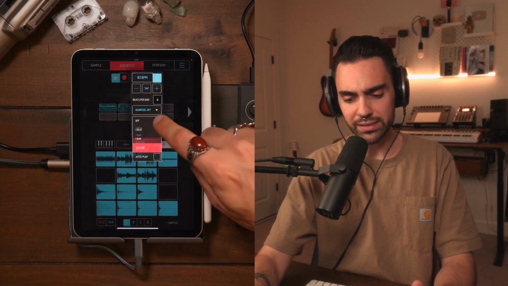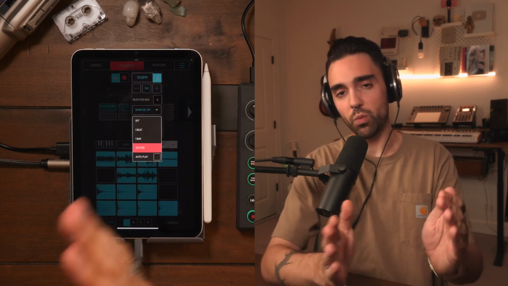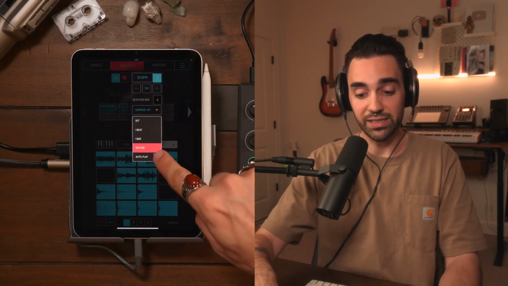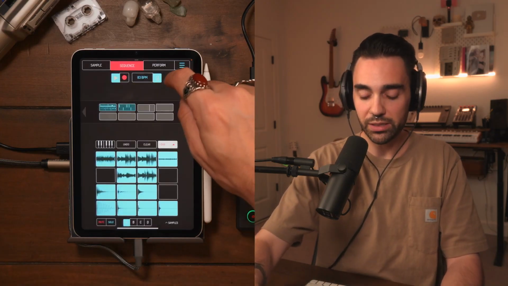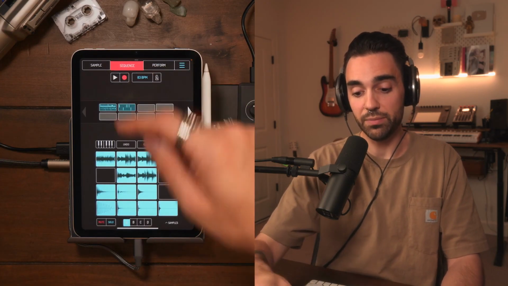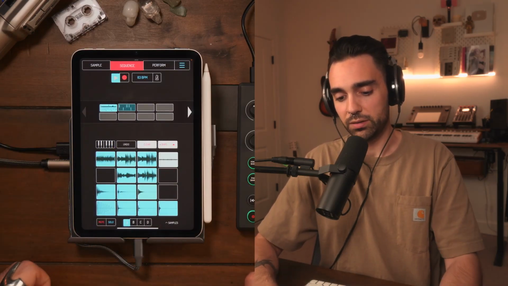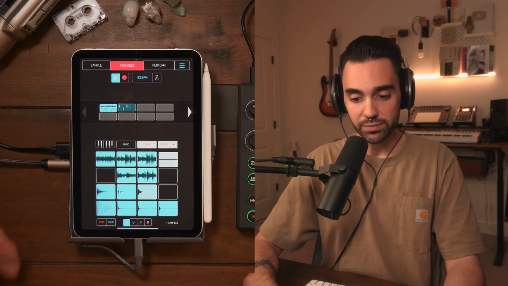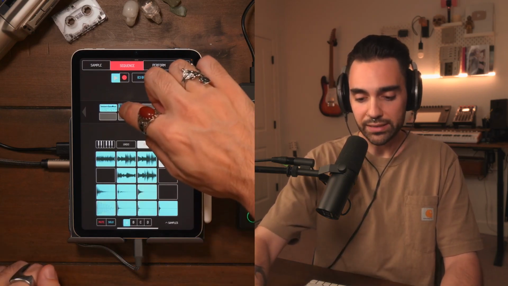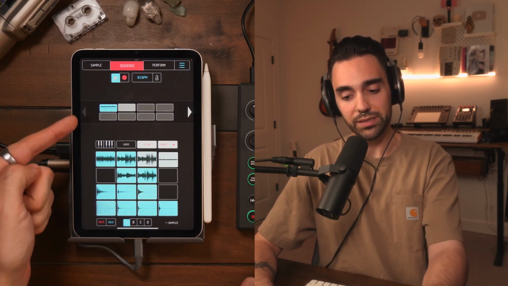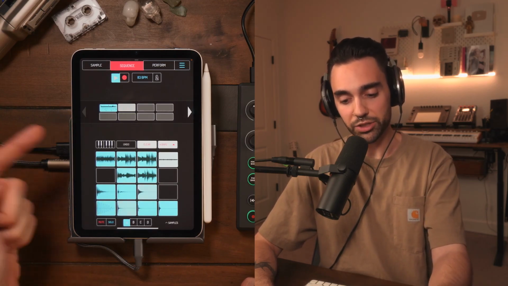And we also have sequence snapping, which lets you change how we transition from one sequence to another. I have it set to sequence end so that when one sequence ends, the new one will begin. So since I have two sequences here now, let me play the first one, which I believe is 4 bars. Now if I press this second sequence that we created, it's not going to start playing until this first sequence ends. So here comes the transition